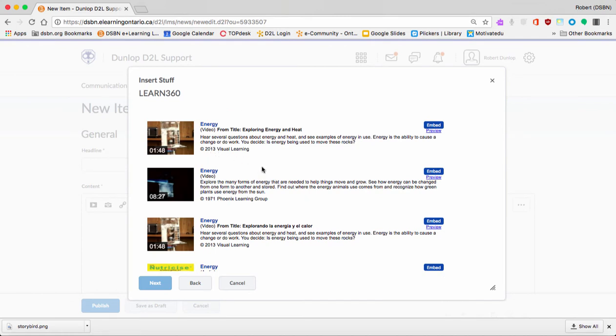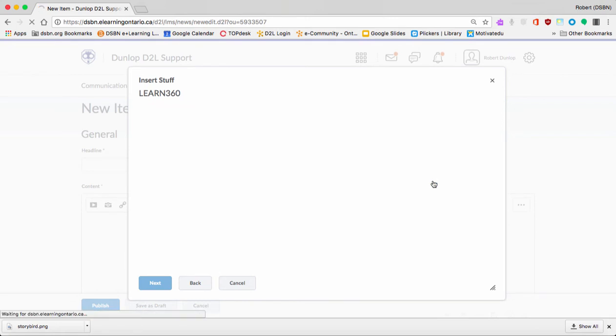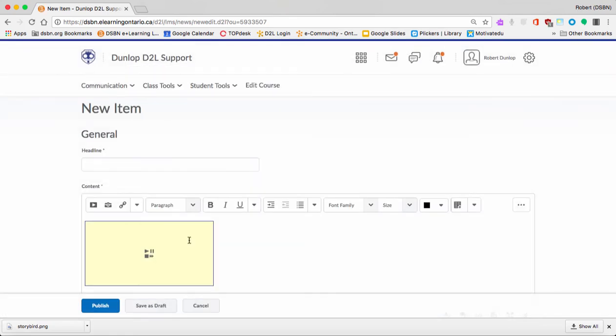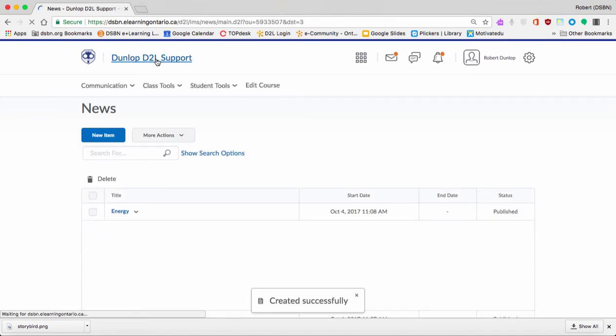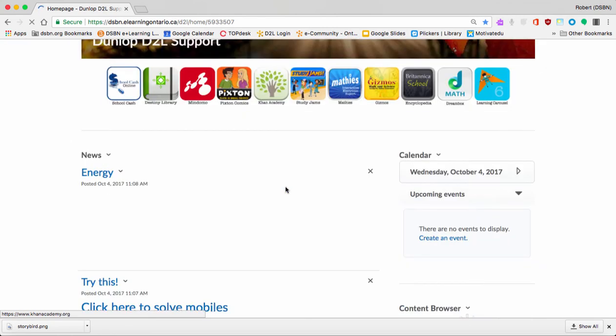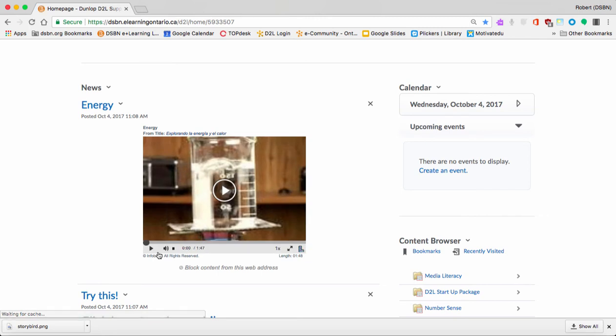Really watch the dates on these videos. You can get older ones and you get newer ones. So say this was the one we want, we can preview it, or we can simply click Embed. Once you click Embed, you can then insert it, and it's going to look like this, and that's totally fine. Then you just center it up. Remember, if you put a title to it, you can then publish it. And when you do that, you are going to see that that video is now embedded inside of your news feed right there,